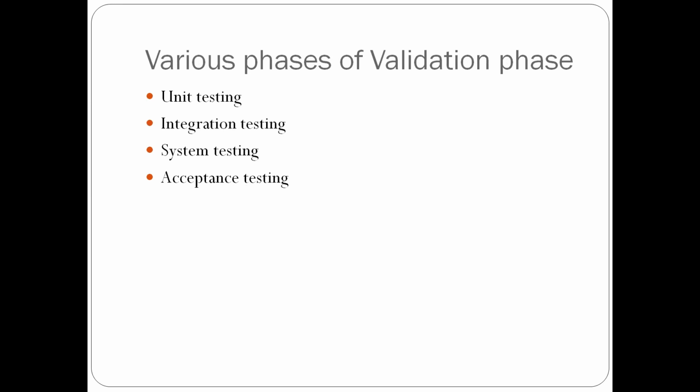Next, let's discuss various phases of the validation phase. Unit testing. In the V model, unit test plans are developed during the module design phase, and these unit test plans are executed to eliminate errors at code level or unit level. A unit is the smallest entity which can independently exist, for example, a program module. Unit testing verifies that the smallest entity can function correctly when isolated from the rest of the code or units.